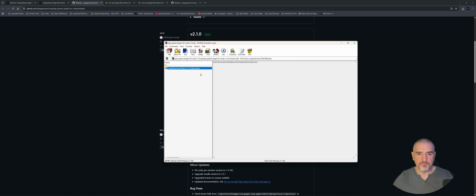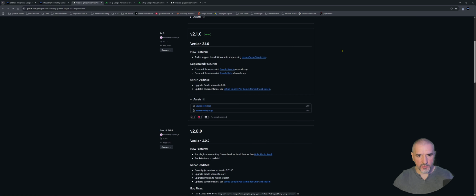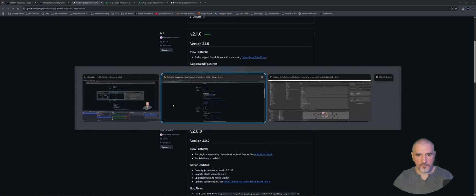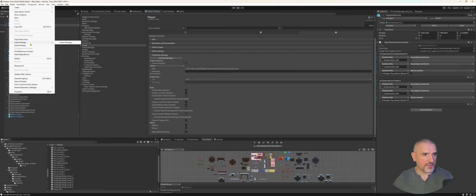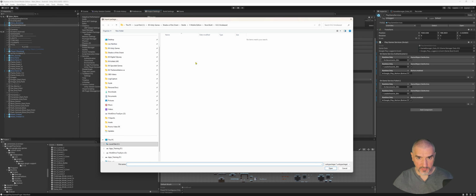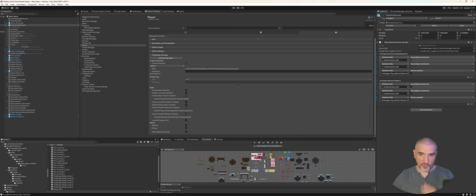When you're in Unity, you can import that file under Assets, Import Package, Custom Package. Then you can search for that package file and import it. When you're importing it, just import all the files. You don't have to exclude anything. Okay, so once you have that installed,